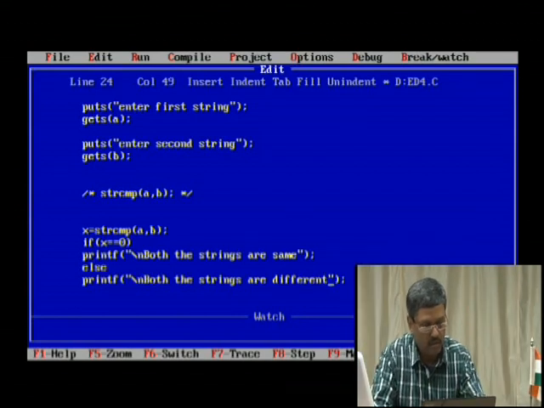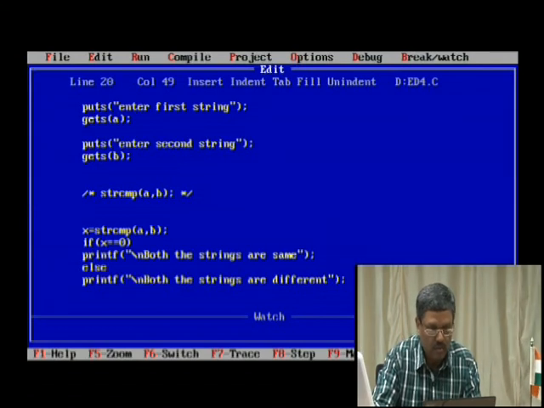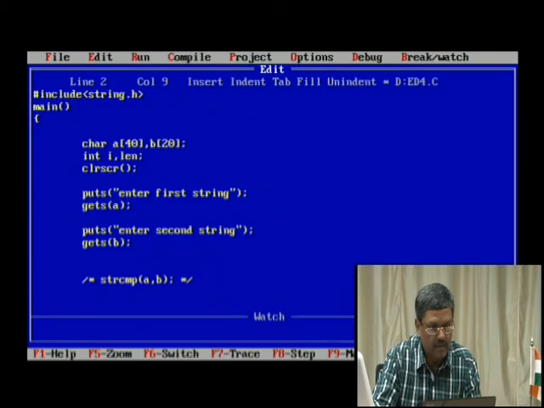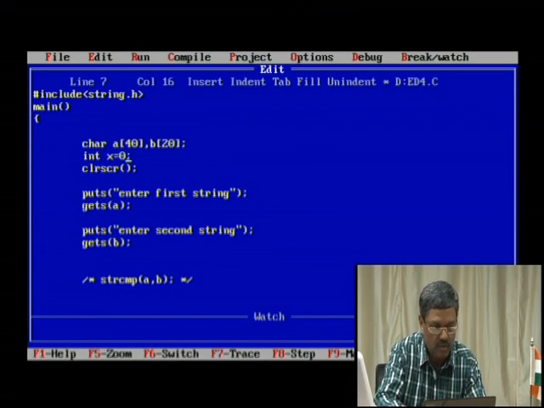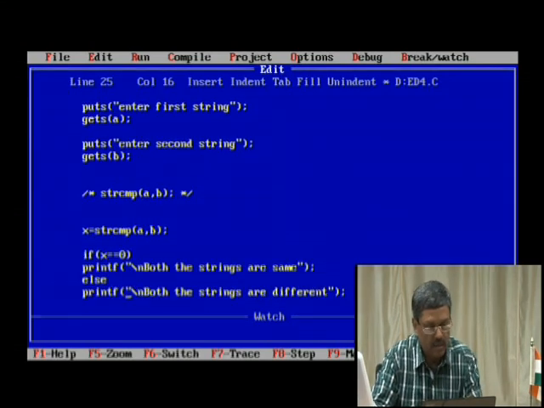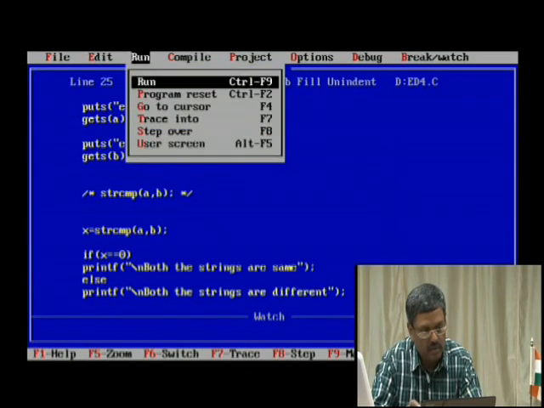Save this. I need to have just x. You need not assign, but okay, because x is equal to 0 by default it should be. Then save, then compile. Okay, no errors.